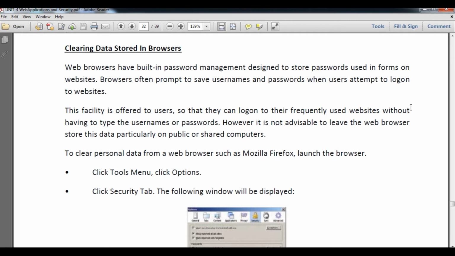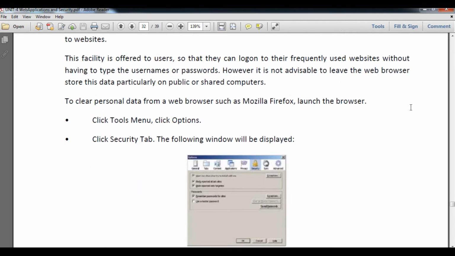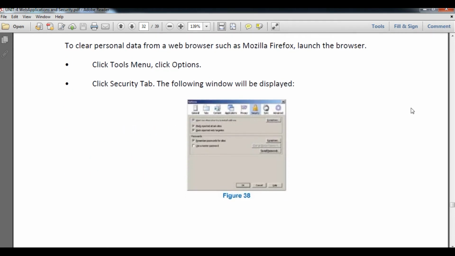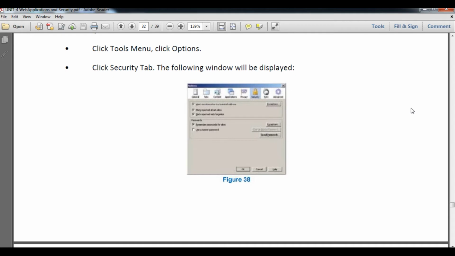So to clear personal data from your web browser such as Mozilla Firefox, we are going to understand this now. First, launch the browser, and after launching it you can see figure number 3.8. Click the Tools menu, then click Options, and then the Security tab will be there.